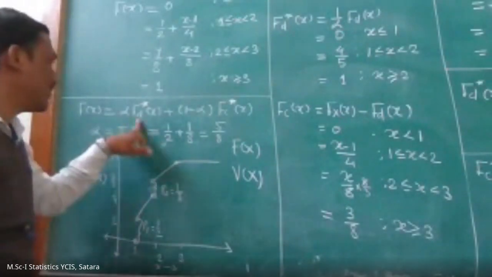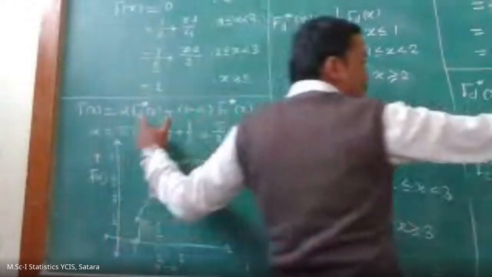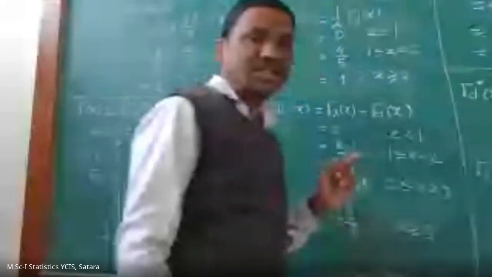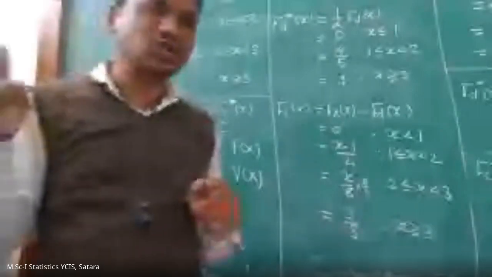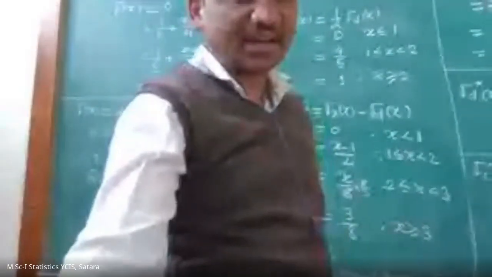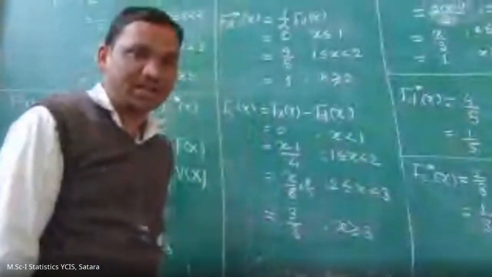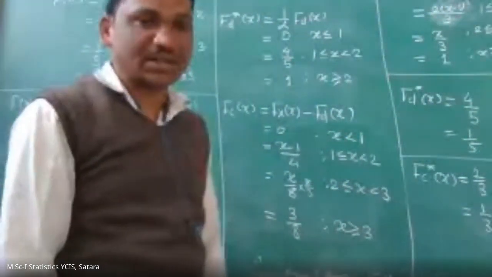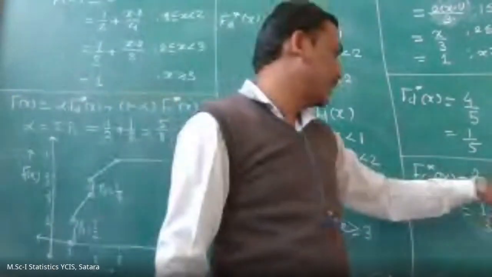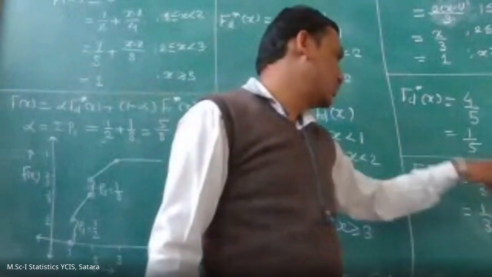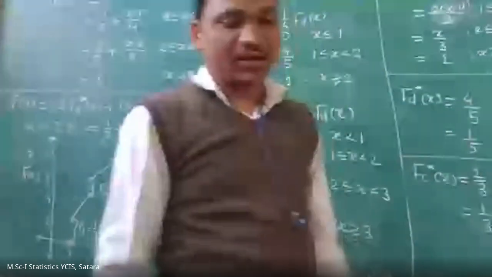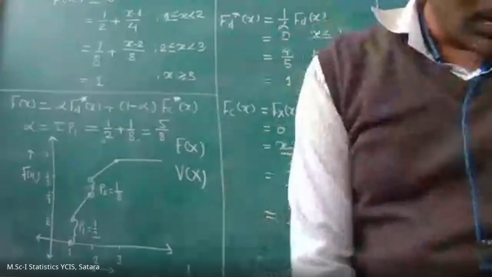Expected value of fd of x that is 1 into 4 by 5 plus 2 into 1 by 5, म्हणजे डिस्क्रीट साठी आपण काय घेतो, summation x into p of x ओके, डिस्क्रीट साठी आणि कंटिन्युअस साठी काय घेतो, integration over x f of x dx, that is so 1 to 2 2 by 3 and for 2 to 3 1 by 3. okay